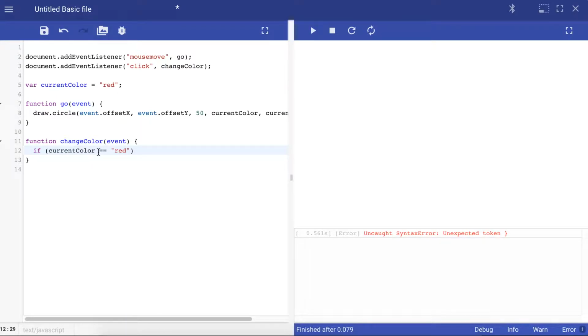a double equal sign means I'm checking for a comparison. A single equal sign means I am assigning the value. Double equal sign for checking comparison. One equals means grab this, put it in here. Double equals means look at this, are they the same? True or false? Important difference. So if the current color is red,